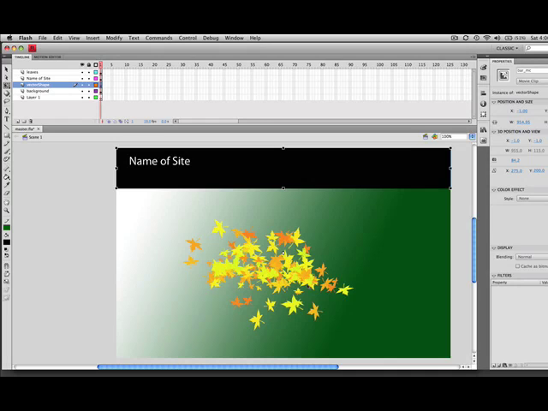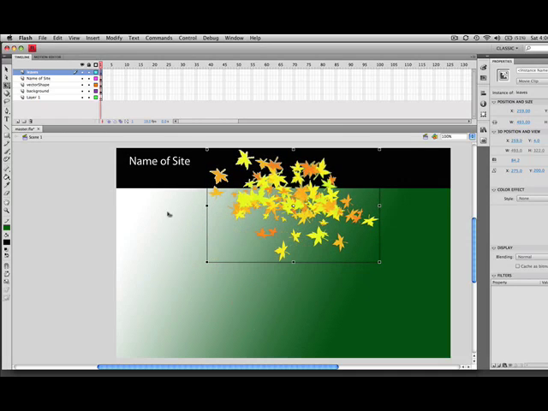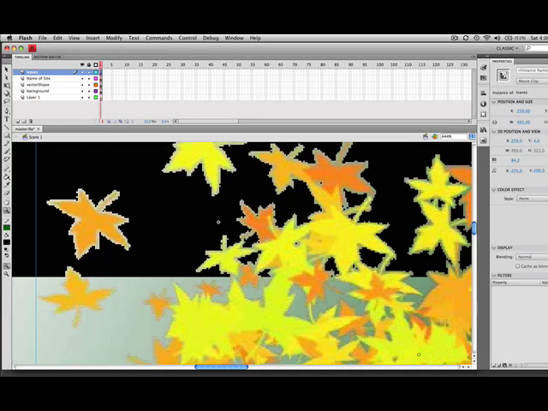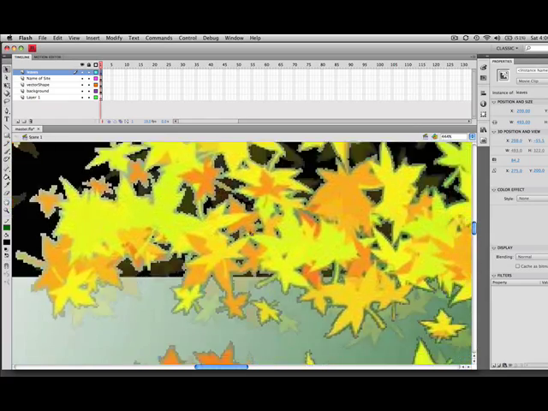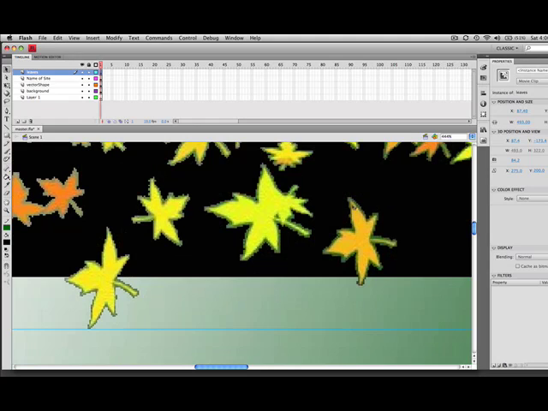Now the last thing is, let's look at these leaves. So if I bring these leaves up, notice they kind of look a little yucky there. I'm going to zoom into this. See, they took the color of the gradient, and that happened when we brought it in. So see how the green is, the gradient's getting darker and darker for the edges here. So let's see what we could do. We'll re-import this and we'll try it again